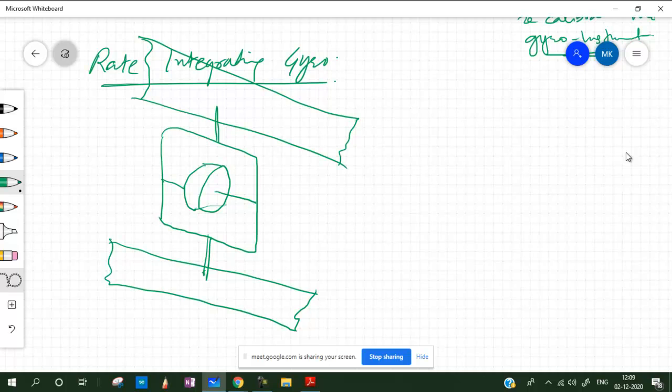So only one is not allowed to rotate, so this is obviously rotating with respect to this. This is our spin axis and this is the output axis. In this case, the other one which has been, let's say, removed can act as the input axis, because this